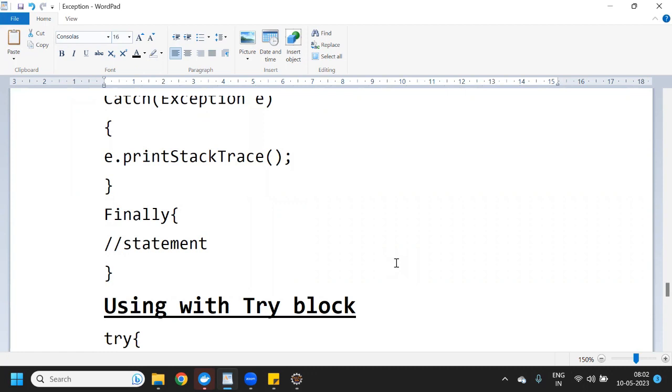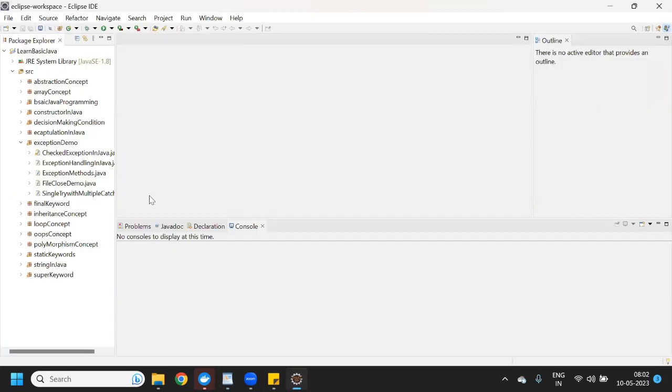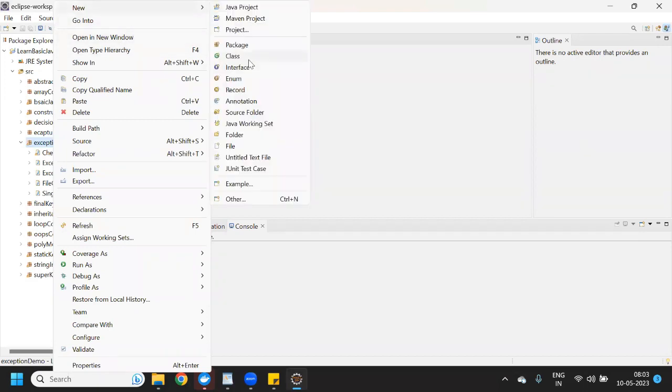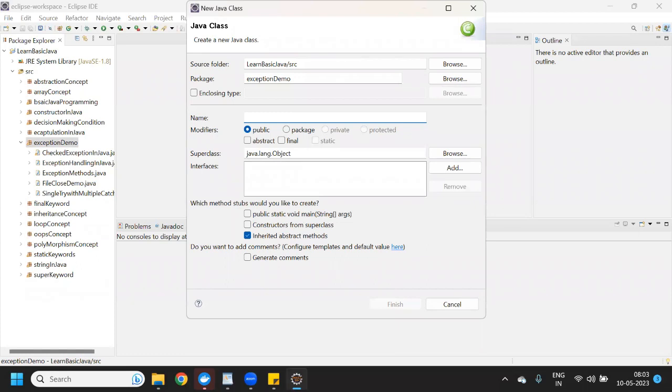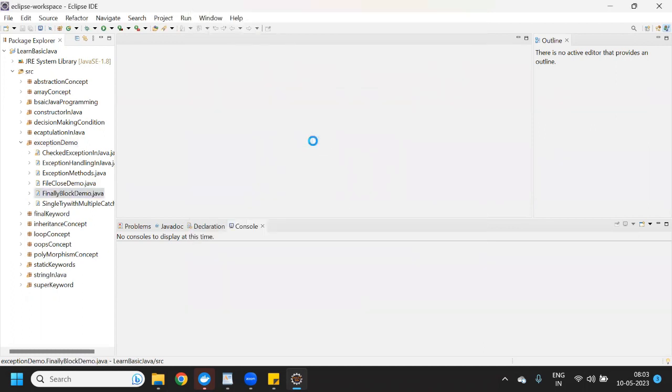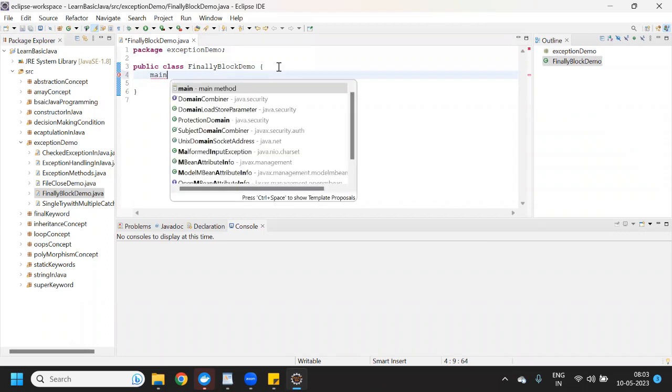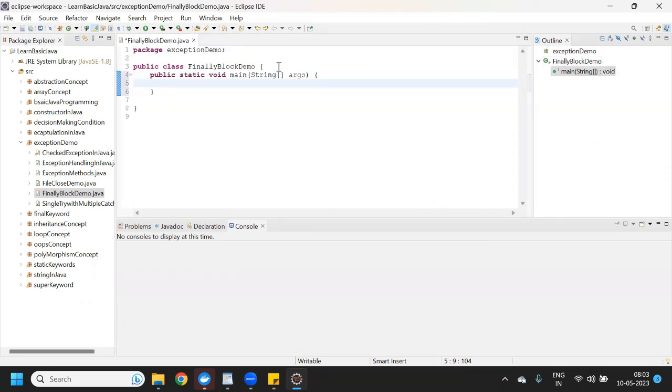Now let me write one simple program where I can show you the concept of the finally block. I will create a class with the name FinallyBlockDemo. We'll write a main method and use a try block.